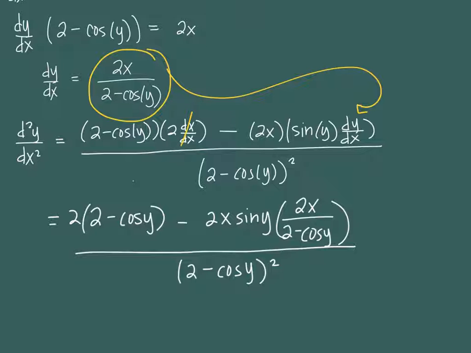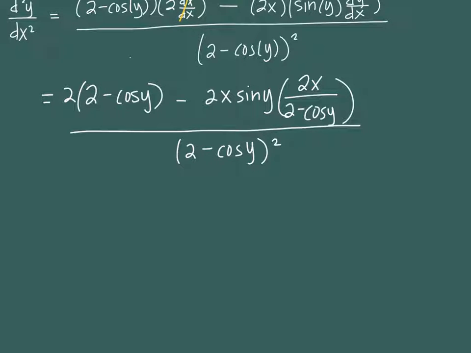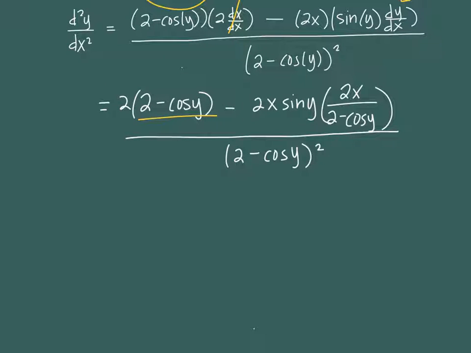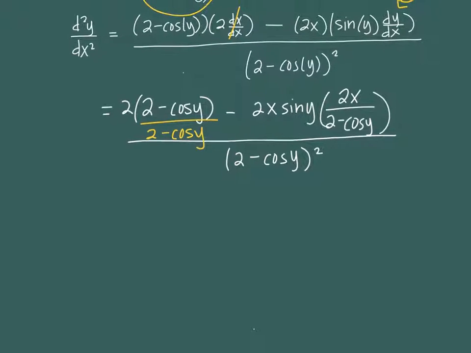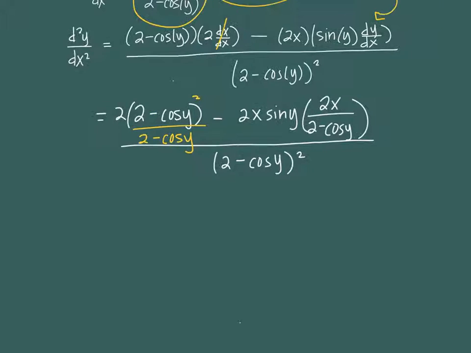Now look at the numerator. Right now it looks a little messy, but what might help me out? I've got 2 times the quantity 2 minus cos y, which doesn't really have a denominator other than 1 right now. And then I have 2x sine y multiplied, and it does have a denominator. What would I need to help me out? A common denominator? Yeah. So if I could make a common denominator here, and bring 2 minus cos y as its denominator, and then square that, now I have a common denominator, which is going to be helpful to me